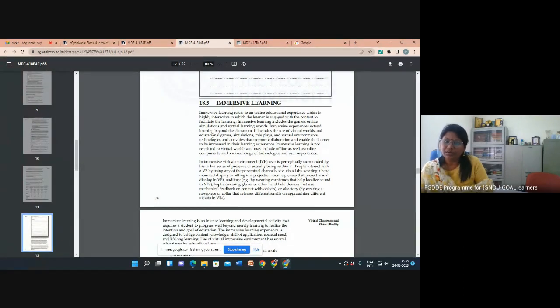So while talking about interactivity, there are different types of interactivity. One is learner-content interactivity, learner-learner interactivity, learner-teacher interactivity, and learner-technology interactivity also. So these are the components you have to build in. And the main thing is learner-content interactivity. The content should be very interactive so that the students will get the feeling that they are engaged in that particular